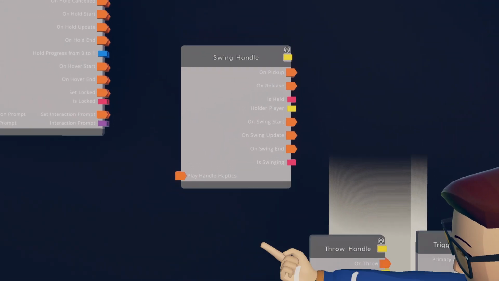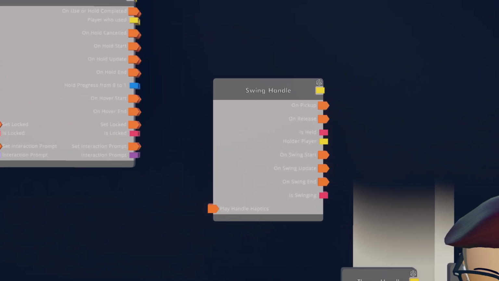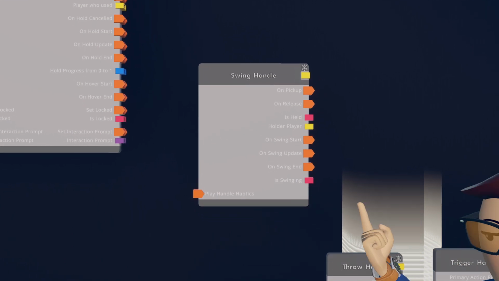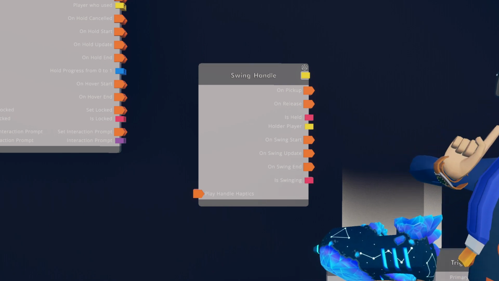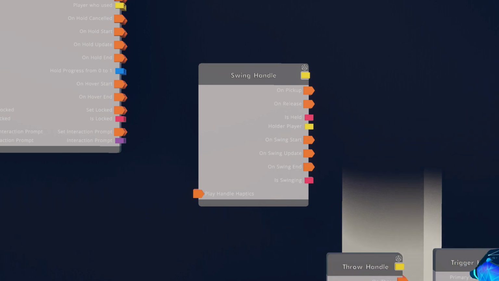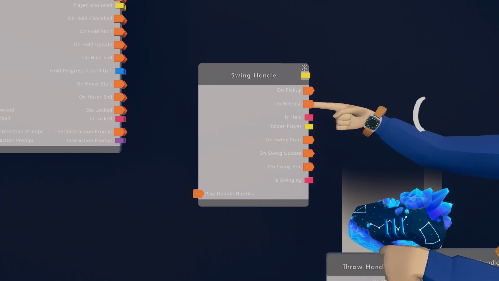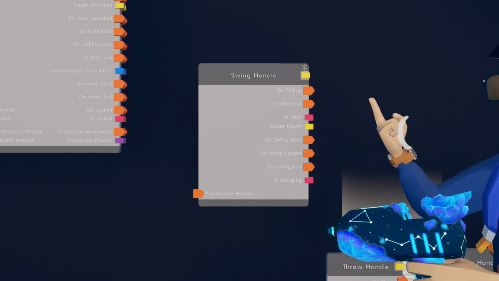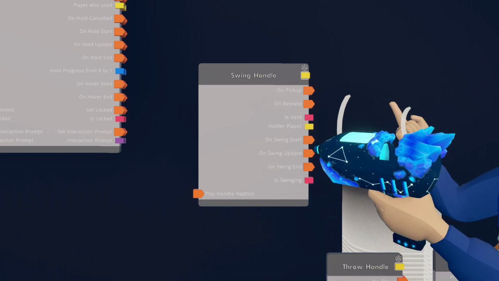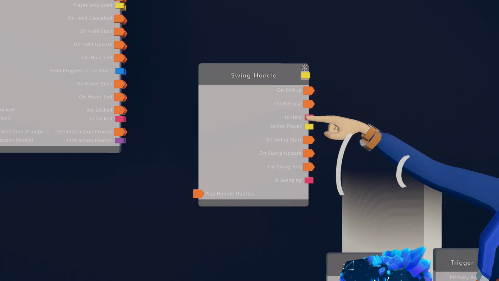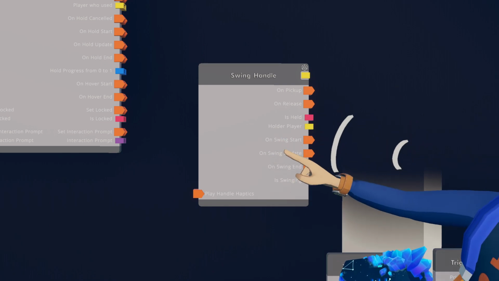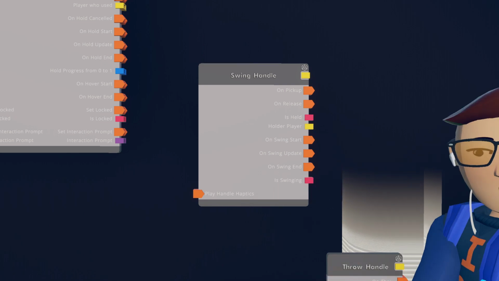There's also a swing handle. This is how the hammer that Bonky holds works. It's what allows players to swing objects when they're not on VR. And similar to the other two types of handles, it has pickup and release events that will run as you'd expect when you pick up or release it. But it also has a new set of events: on swing start, on swing update, and on swing end.